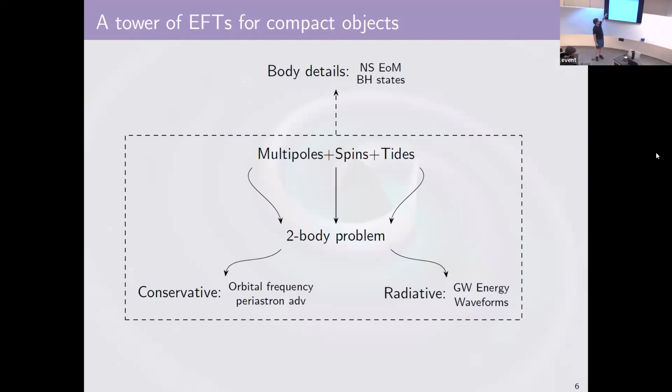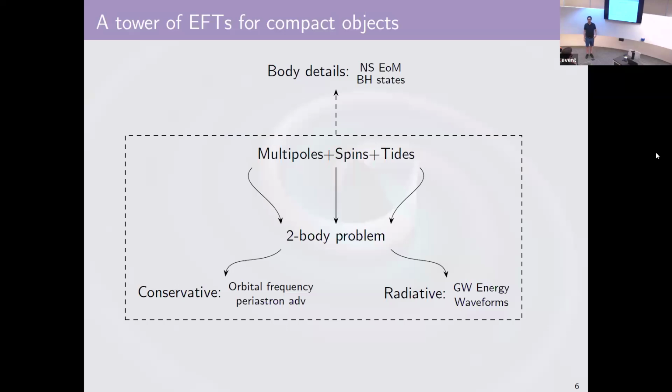And the actual hope is that we can turn this entire process around and say, we know from just doing the gravitational wave physics how it back propagates to things that would talk to the neutron star equation of state. We can solve this whole problem in the box very well, and we can use those solutions and the measurements to then constrain things about the body details in the end. So this is our approach to effective field theory: we're integrating out the details of the body, and then progressively integrating out more and more stuff as we get closer and closer to the actual observables.